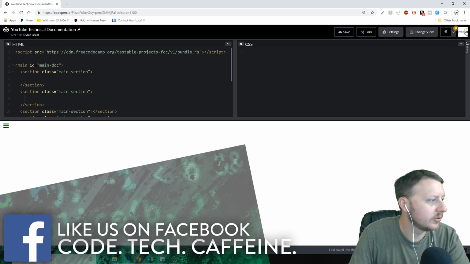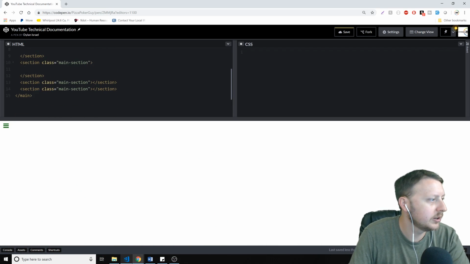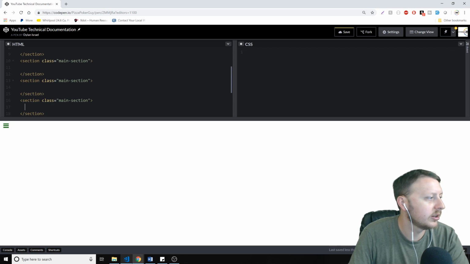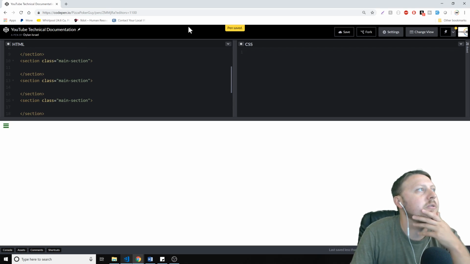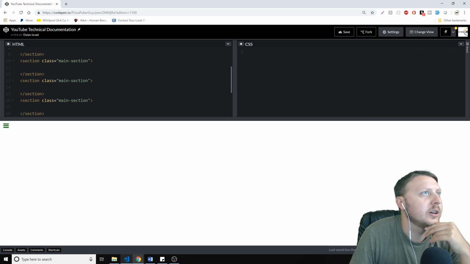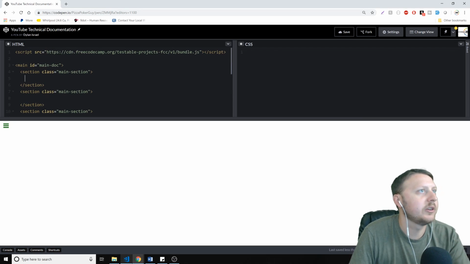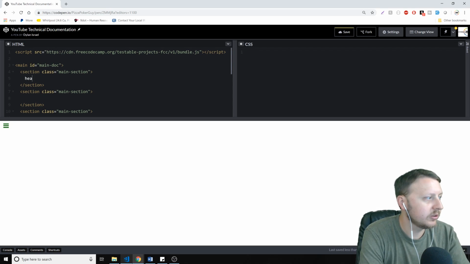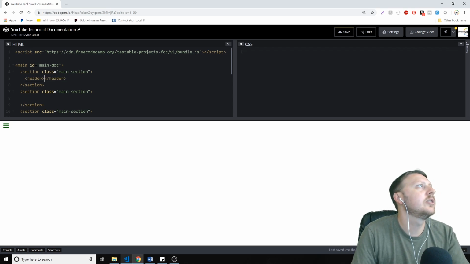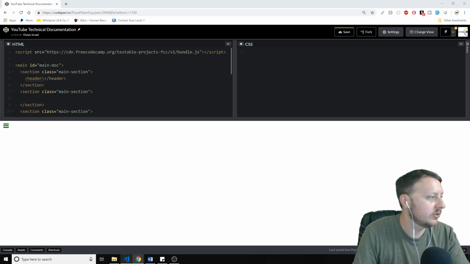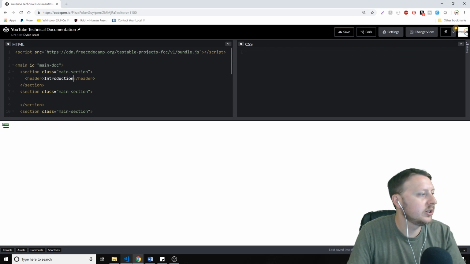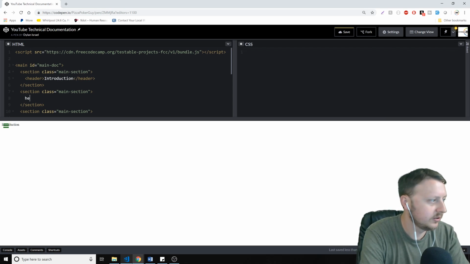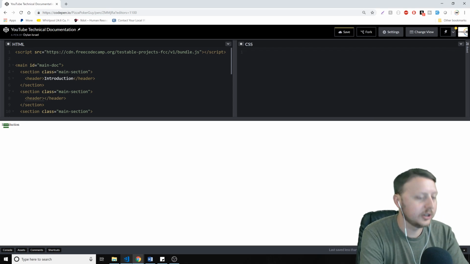and we'll go ahead and expand those out a little bit. And this is just based off the user story 3. Each section should have a header element with text that describes the topic of that section. So we'll go ahead and create a header. So I believe I did on mine Introduction. And then we'll create another header, and in here I did JavaScript,